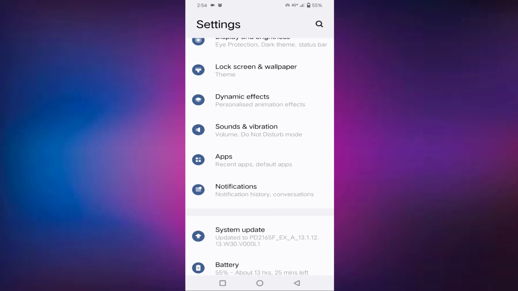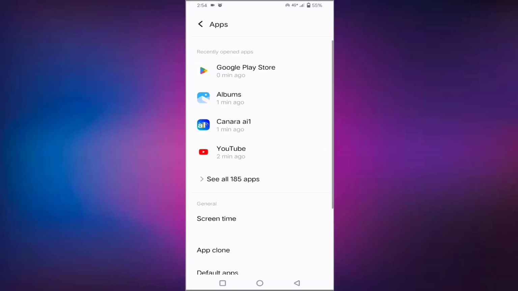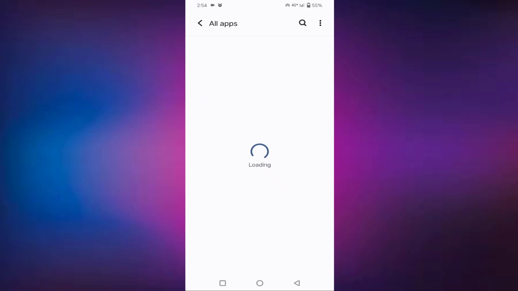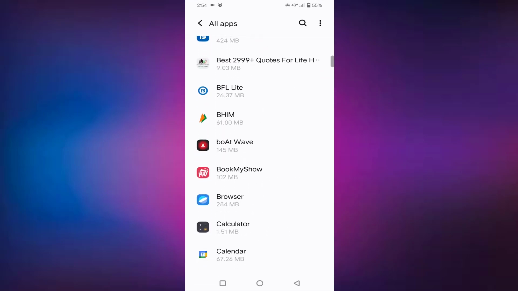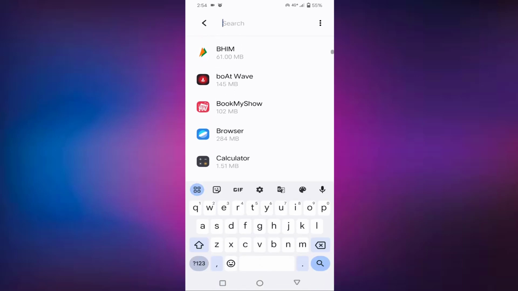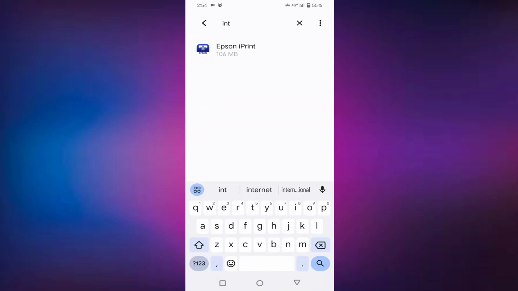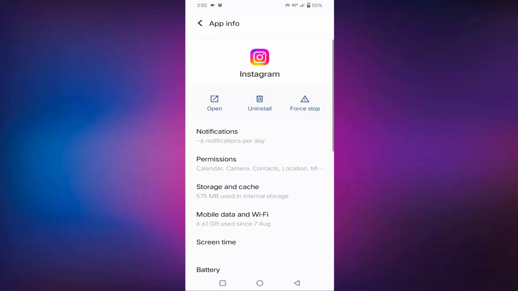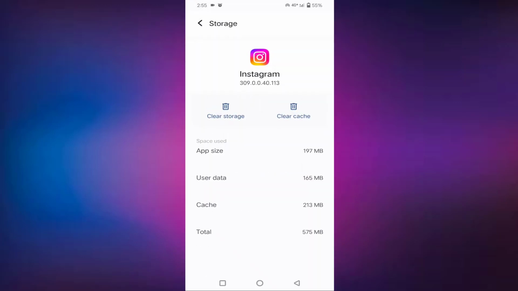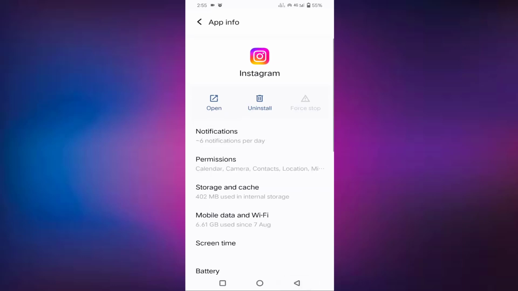Just click on the settings, scroll down, you can see your apps, click on the apps, click on see all apps. In this you need to find Instagram. Just tap on this search button, then type here Instagram. You can see your Instagram, just click on that. Once tap on force stop, tap on OK, tap on storage and cache. Once you need to tap on clear cache, then go back